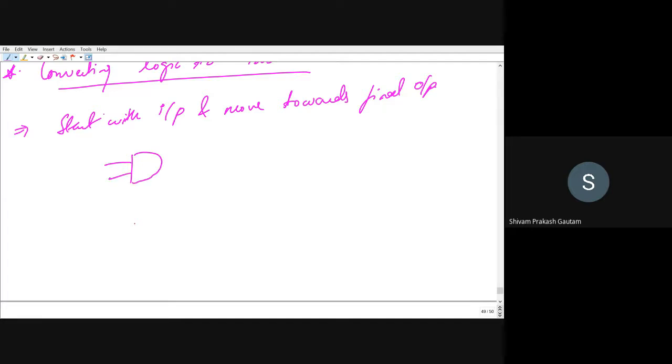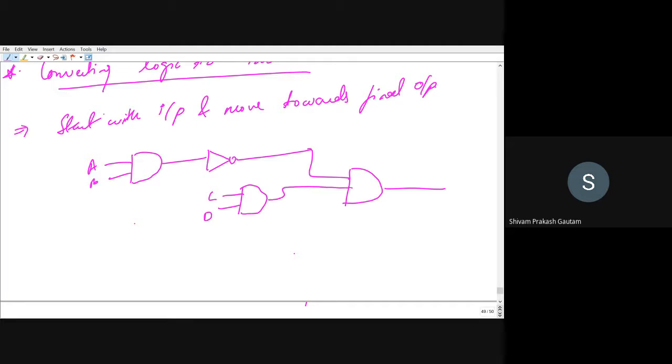Two inputs are there, A and B. Its output is going to an inverter gate, and its output is going to another AND gate. We are having AND gate here as well. Two inputs. This is C, this is D. This is directly flowing to the input of this third gate. Now we are having AND gate here. Two inputs, E and F, and it is flowing through to the inverter.